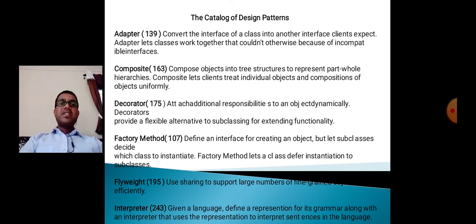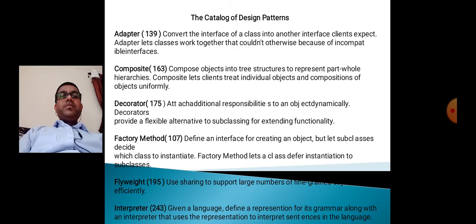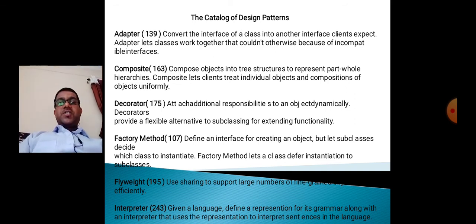Composite, 160, composes objects into tree structures to represent part-whole hierarchies. Composite lets clients treat individual objects and compositions of objects uniformly.